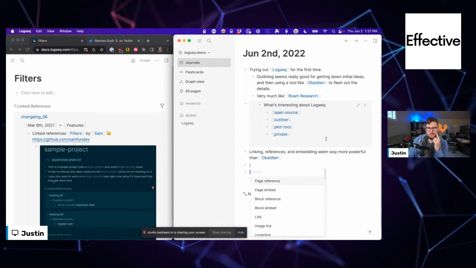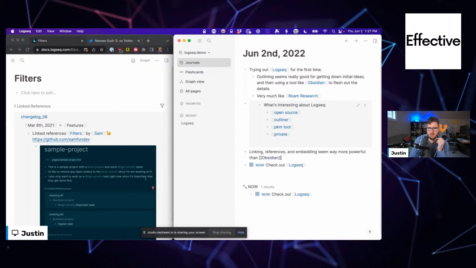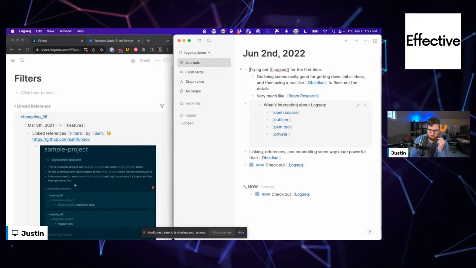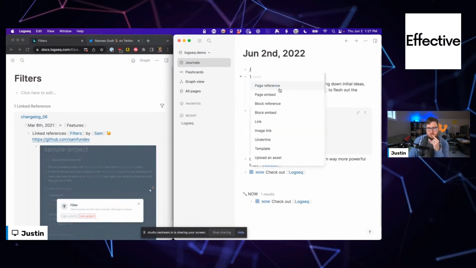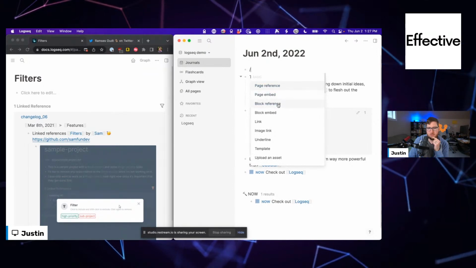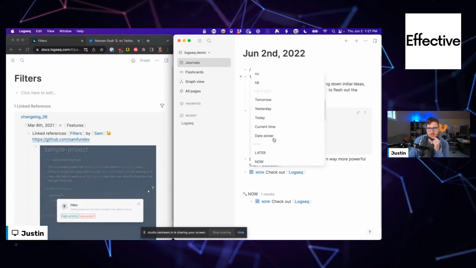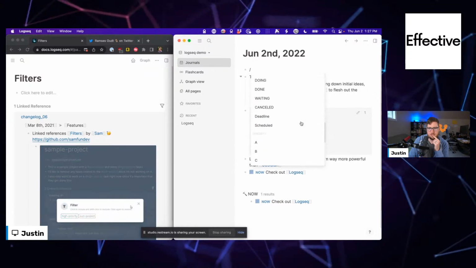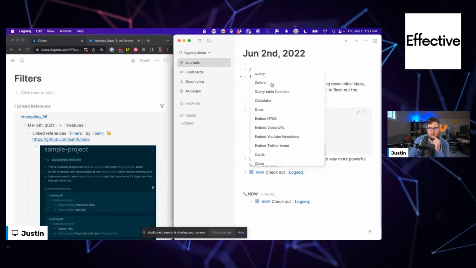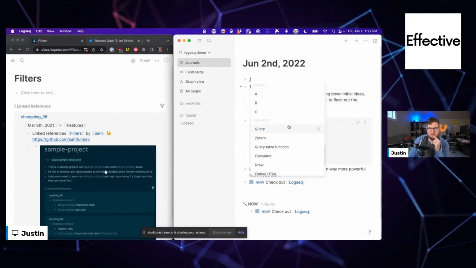All right, I'm just gonna hit this slash command. I'm gonna do it up top so it's not so far down on the screen. Page reference, page embed, block reference, block embed, link, upload an asset, headings, dates, priority. Okay, that's helpful.